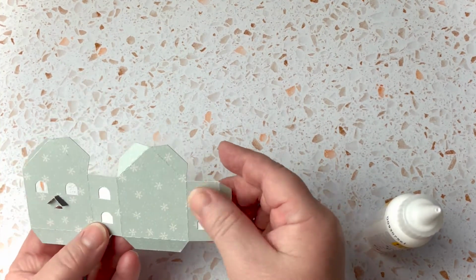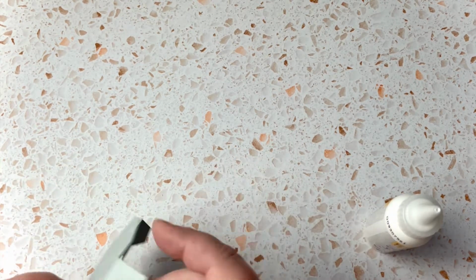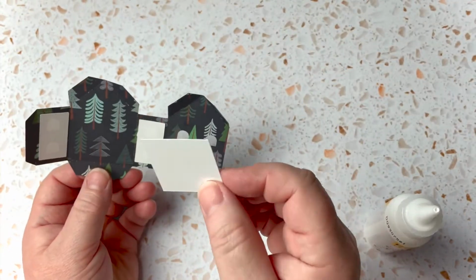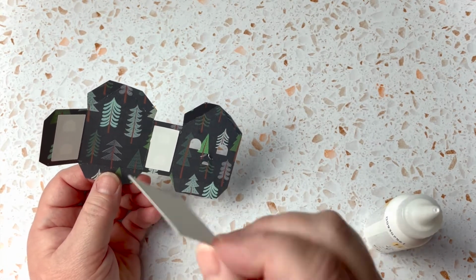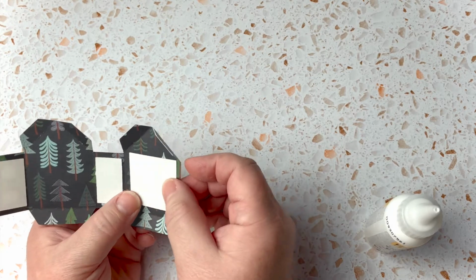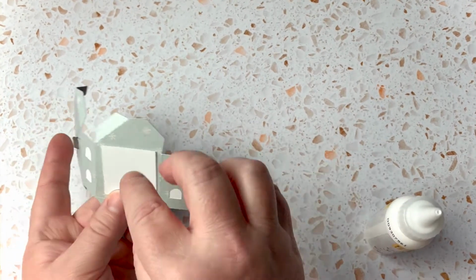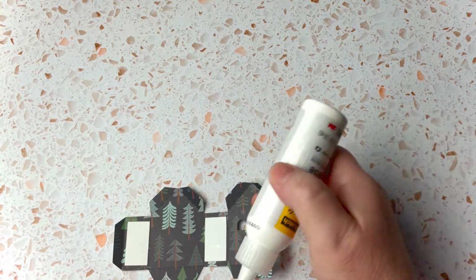All right, so now we have our window coverings from the back, and then we have this one. Here's another idea. If you want, you can cut an additional piece of this. It's not on there, but you can just add 2 instead. And we're going to put that right there. That's where it belongs. But if you want, you can add it to the back here, because this is so small that it would make a super cute